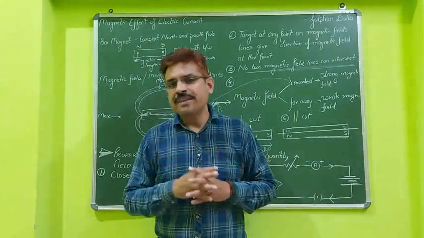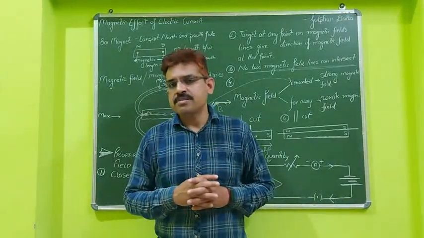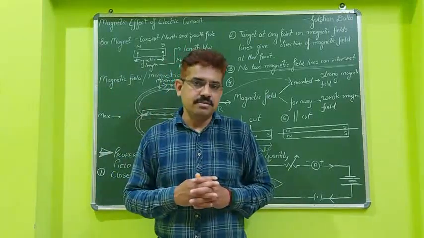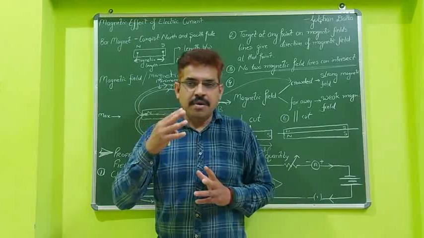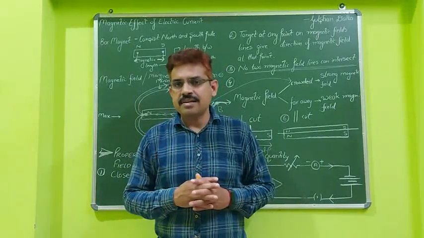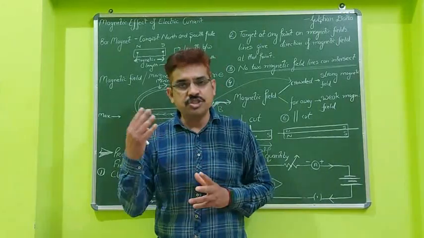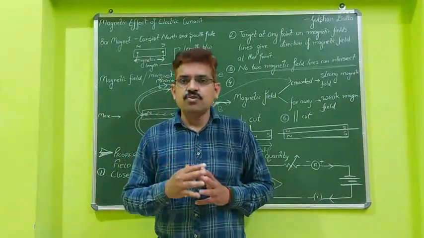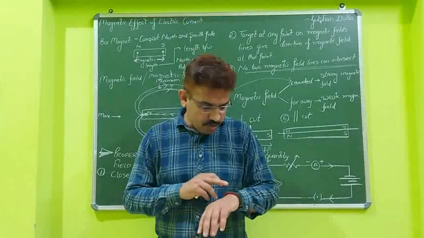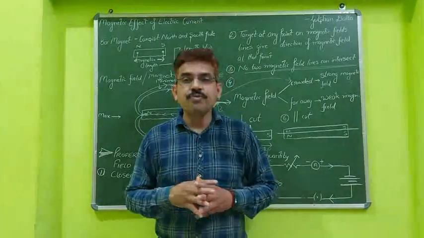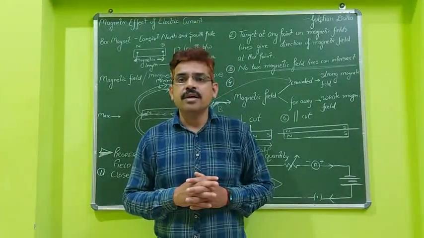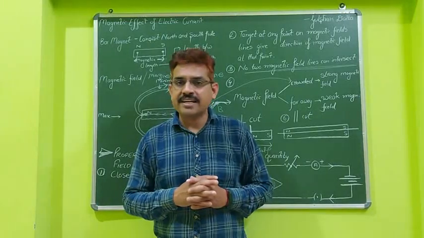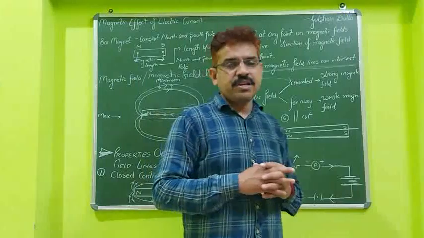So because of this property, the same property applies to the earth. When a bar magnet is freely suspended, its north pole is toward the geographical south of the earth and its south pole is toward the geographical north of the earth. So we can say that it is only because unlike poles attract each other. So this is the next property related to the bar magnet.